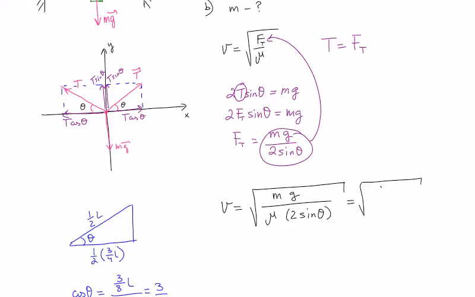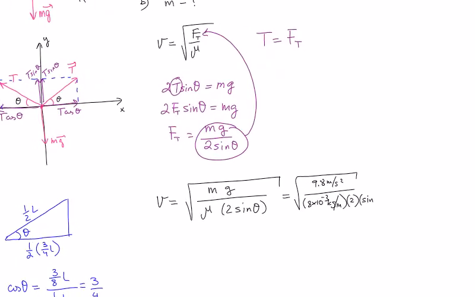So here we have 9.8 meters per second squared divided by our mu, which was 8 times 10 to the negative 3 kilograms per meter, times 2 times sine of